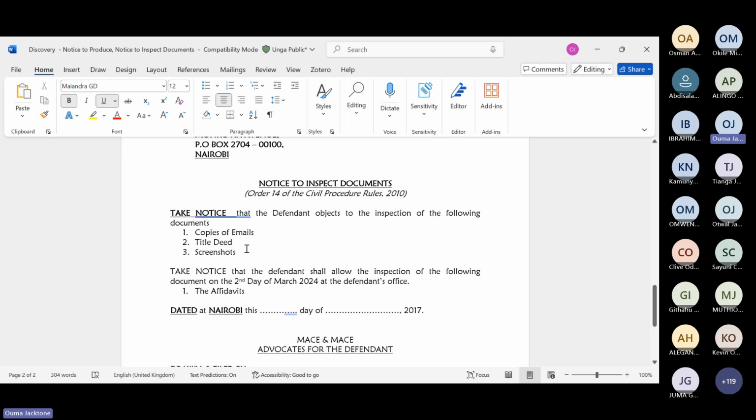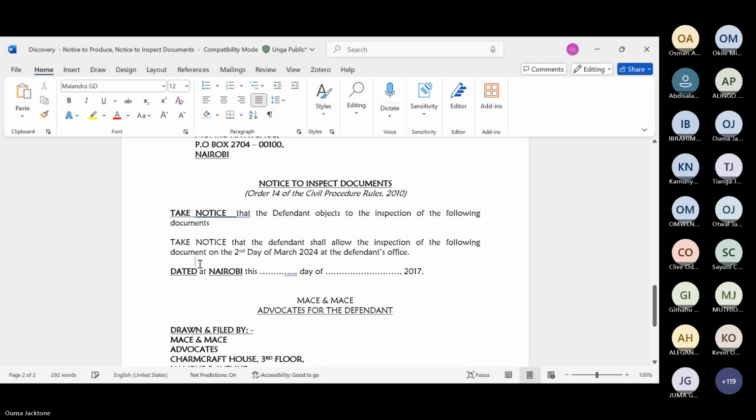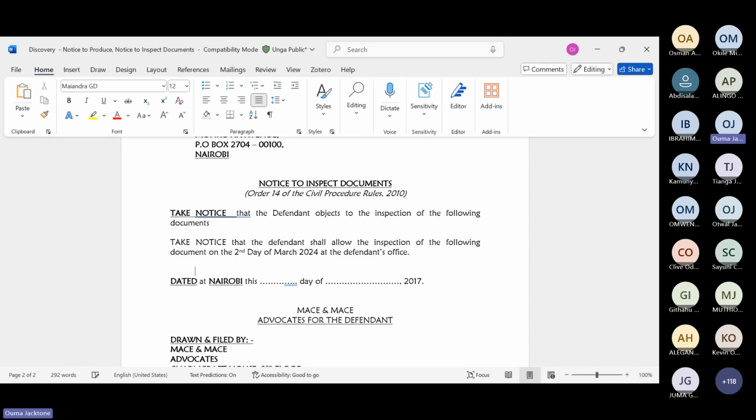So the notice of inspection will have... let me remove that, let me remove these as well. All right, and put that there.